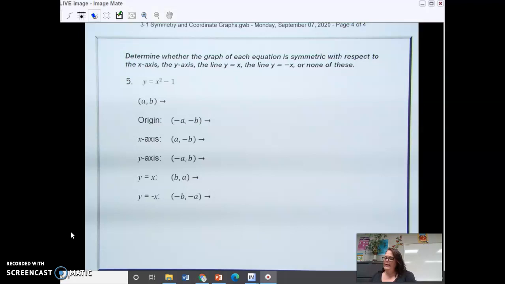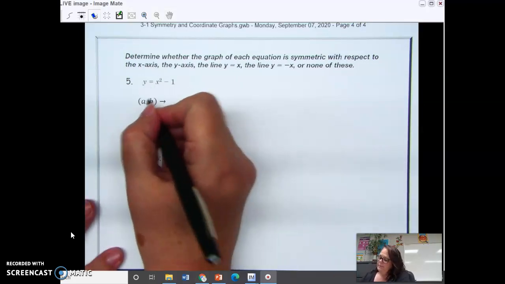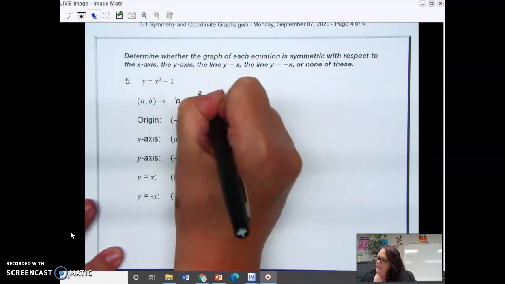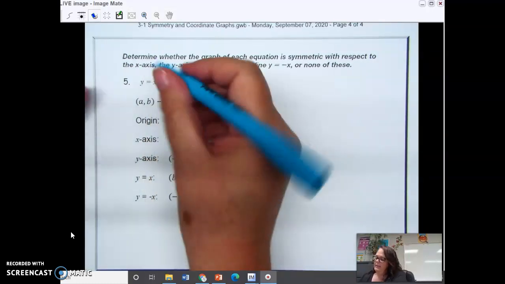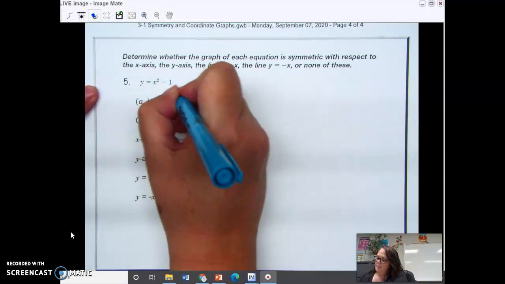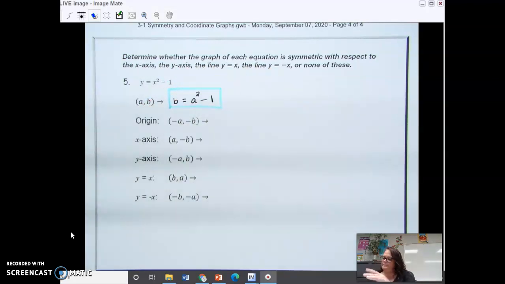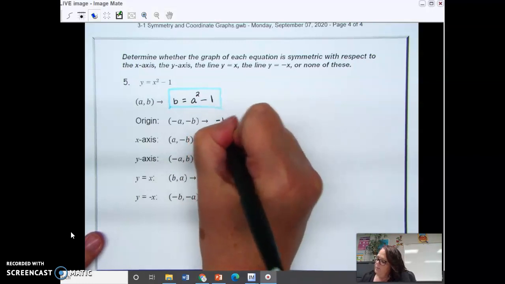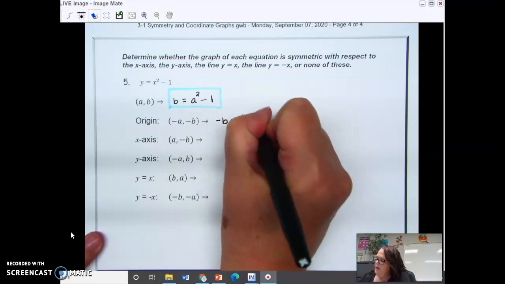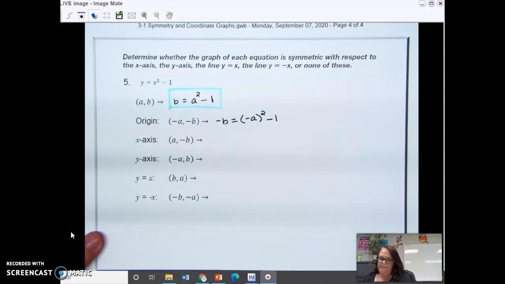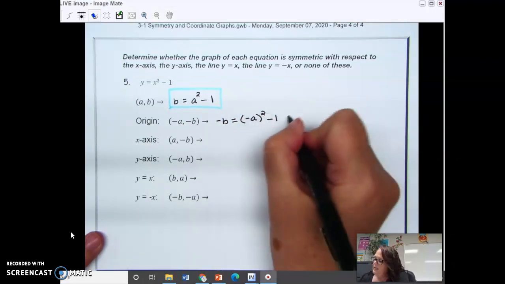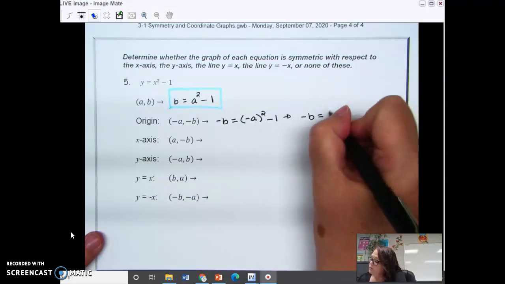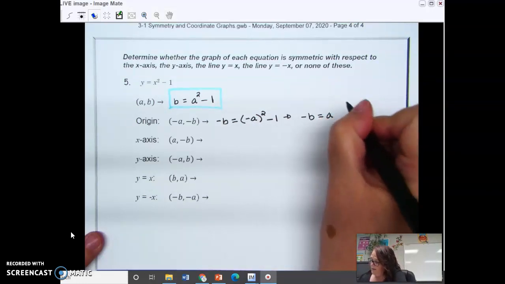All right, so I'm going to go ahead and substitute my control in here. So I've got my y value is b and my x value is a, and I want to see if I can get things to look exactly like this, that b is equal to a squared minus 1. So if we try the origin, that means that I'm going to have negative b is equal to negative a squared minus 1. So a negative times a negative is a positive. So this means that I have negative b is equal to, and we get positive a squared